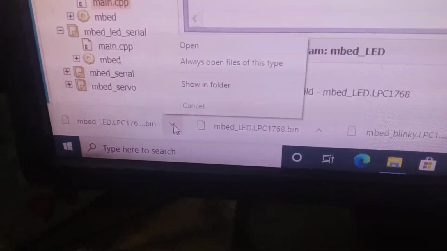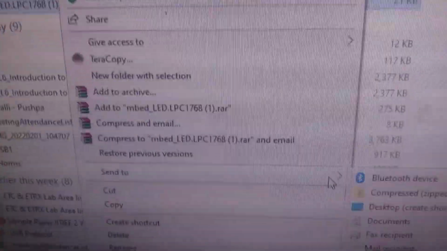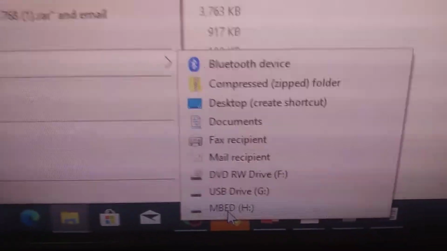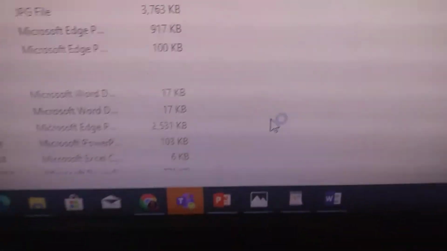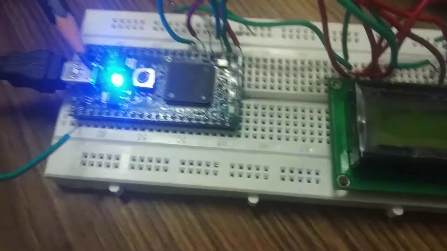Now it has created another file. I will open that file and send this file to the LPC1768 board. When I send it, the program is downloading here.